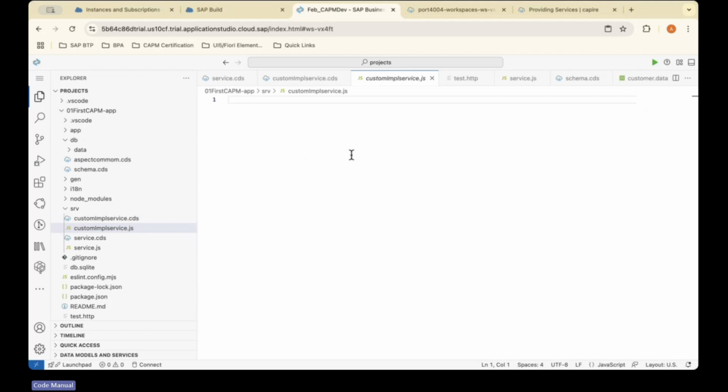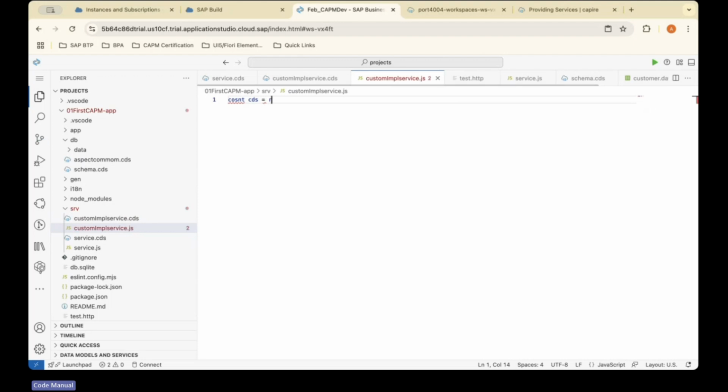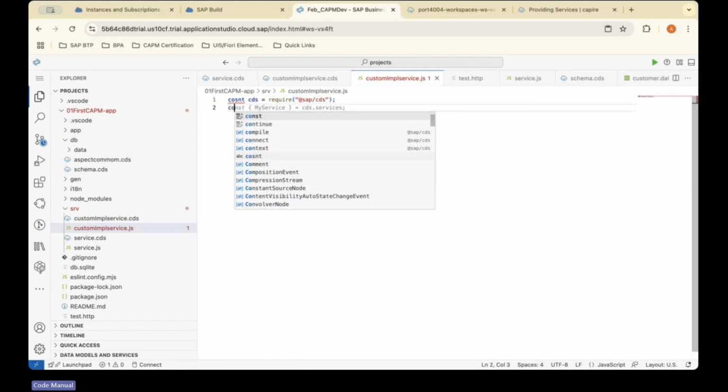What is this? A CDS dependency. Okay, I need to get a CDS dependency. For that, I'm going to use a require keyword: const cds is equal to require at SAP/CDS. Okay, next with this CDS,